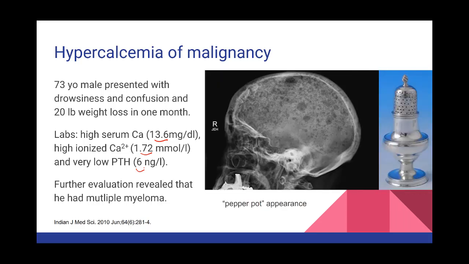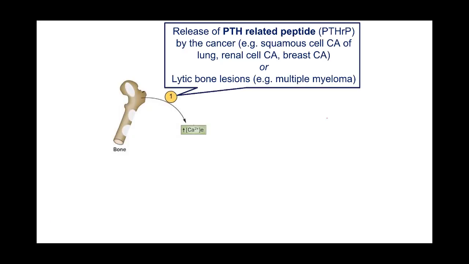Multiple myeloma is a plasma cell cancer that causes something called a pepper pot appearance, where you have all these osteolytic lesions, that is, the plasma cells break down the bone and cause release of calcium. So in the hypercalcemia of malignancy, there is an increased release of calcium from the bone, and that happens in